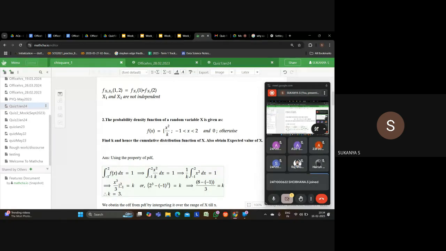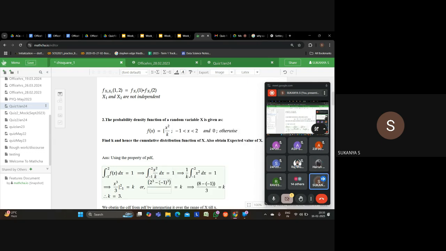Now applying the limit, if anyone of you doesn't know, in an integral you apply the upper limit first and subtract it from the lower limit. The upper limit is 2 here, the lower limit is minus 1. When you substitute 2 you get 2 cubed, and when you substitute minus 1 you get minus 1 the whole cubed. So it is 2 cubed minus (minus 1) cubed, which is equal to k. I've just taken k to the right hand side. That implies 8 minus minus 1, you get 9. Okay, there is that divided by 3 here, which I forgot. Sorry. So 9 by 3 is equal to k, which implies k is equal to 3.